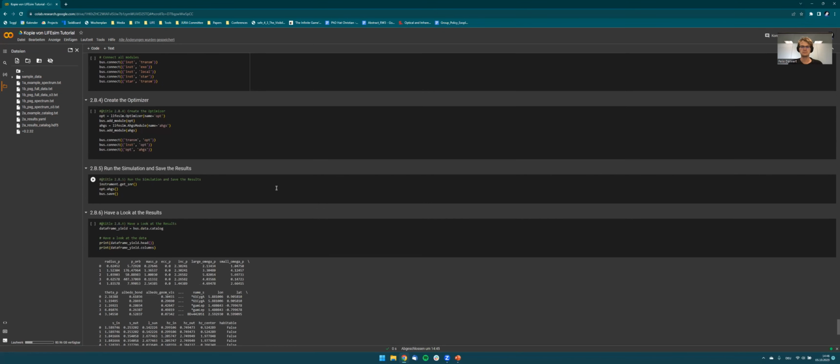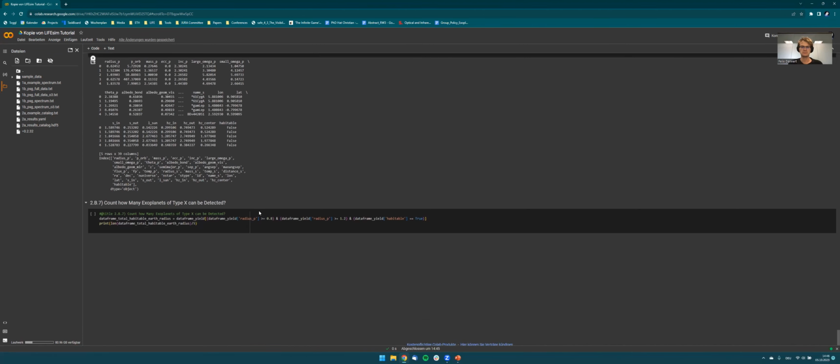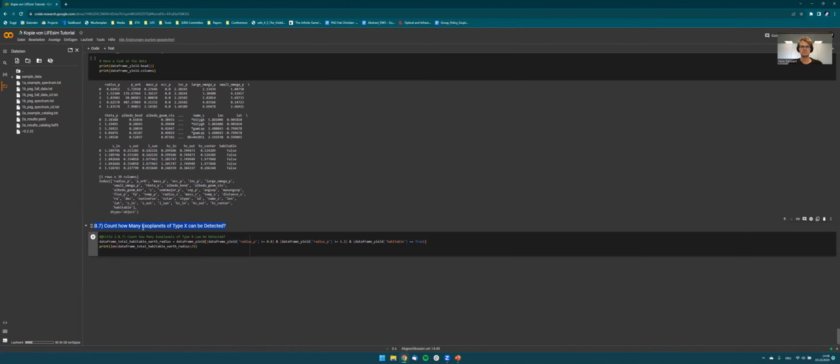This is simply the same code. And then at this last box here, you can play around with the data frame, have a look at what kind of columns you actually have in your data, and then output the number of planets that fulfill your